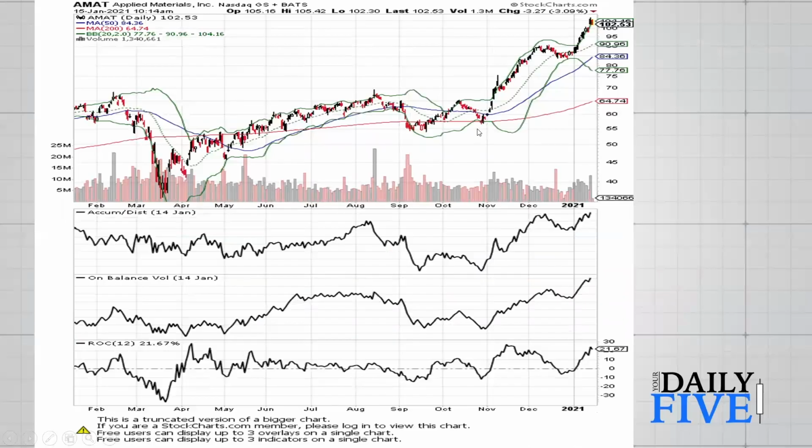So let's finish with technology. Applied Materials. This is a stock that I consider to be the centerpiece of the technology sector. They make the machines upon which all semiconductor chips are made. So when their business starts looking good, it means that there's increasing demand. There are a couple of things that are juicing the demand for Applied Materials. Number one is there's a semiconductor shortage. Number two is that we've been in a down cycle for semiconductors for a while. And when that cycle turns, usually it lasts for a good while.